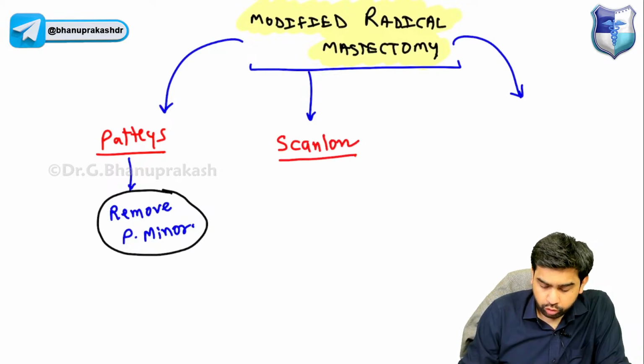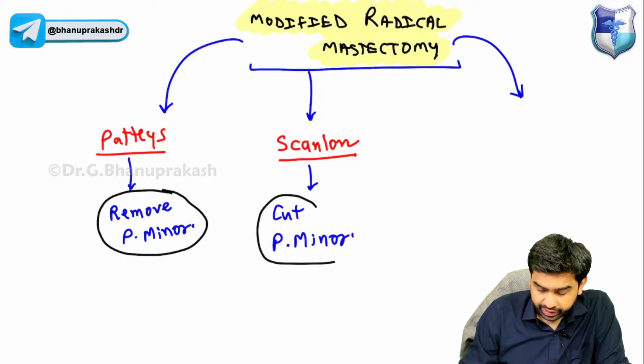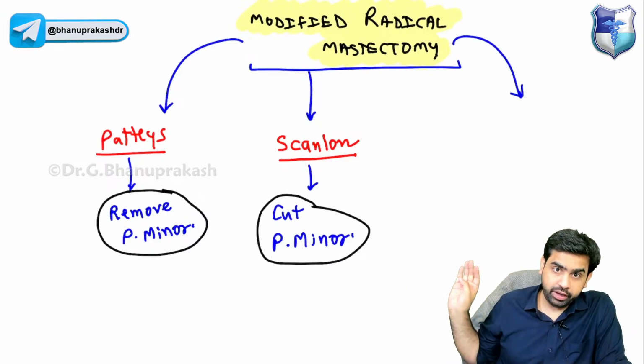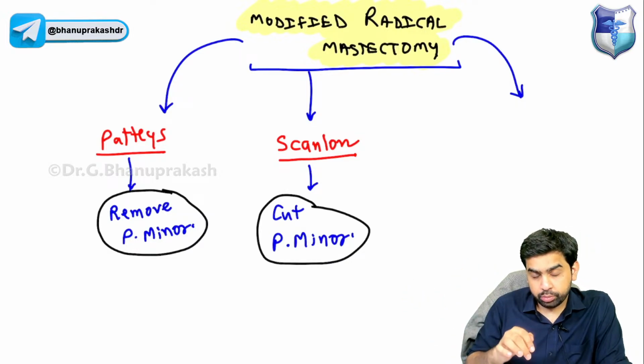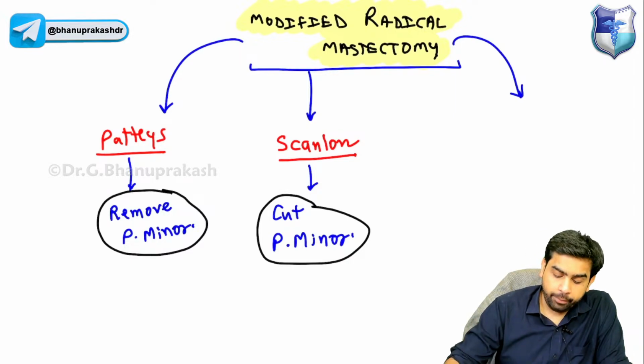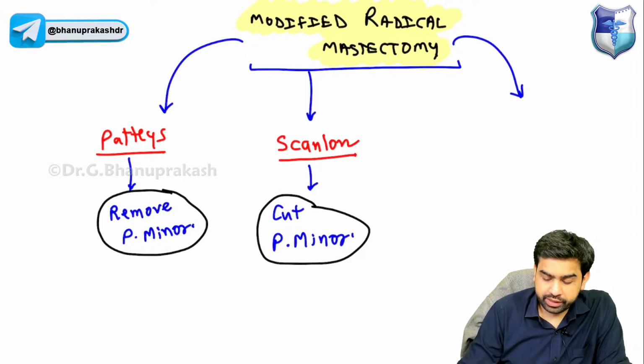In the Scanlon modified radical mastectomy, what are we going to do? We are going to cut the pectoralis minor, remove the lymph node station 2, and then resuture it. In the Pettis, we remove the pectoralis minor. In the Scanlon, you cut the pectoralis minor, you remove the lymph node station 2 and then you resuture the pectoralis minor. But the one which we do most commonly is this